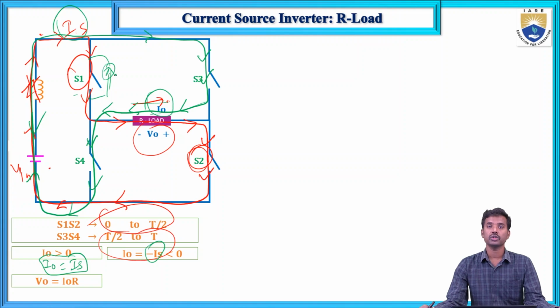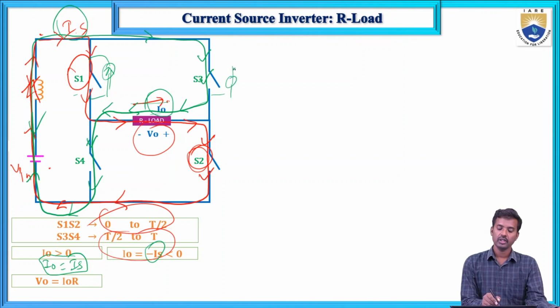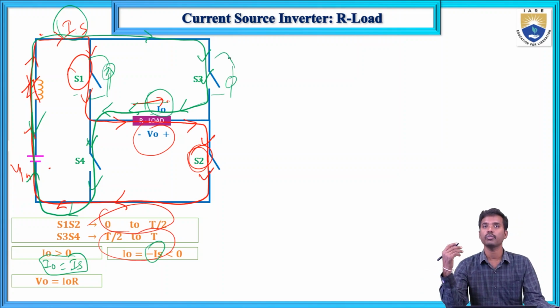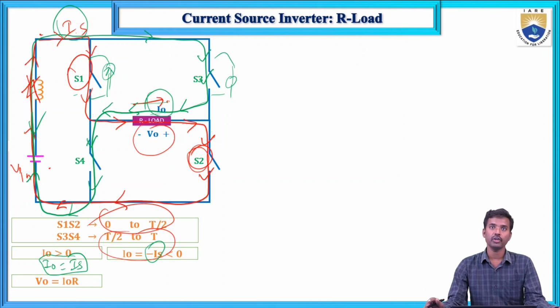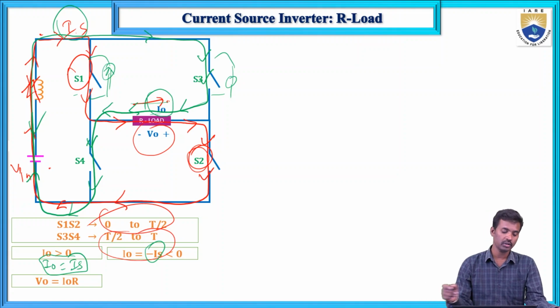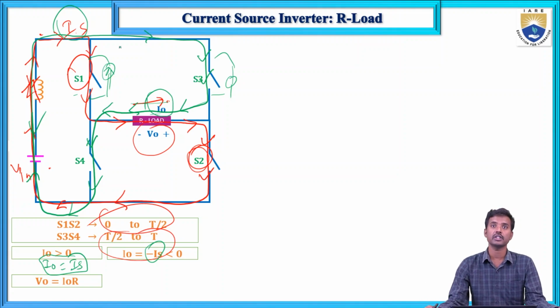In case of a voltage source inverter, there are feedback diodes. Sometimes the power may flow from the load to the source, and sometimes from the source to the load, depending upon the load. But in case of a current source inverter, for all loads, there is no current flowing from the load to the source,